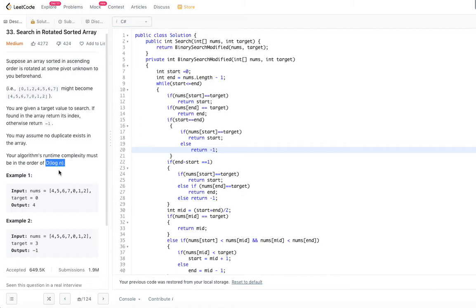You're going through each element in the array, exhausting them to see if the element exists or not. That's the reason why that is order of n. But here, since we have this hint of log n, we should get some idea. So how can we make this log n?